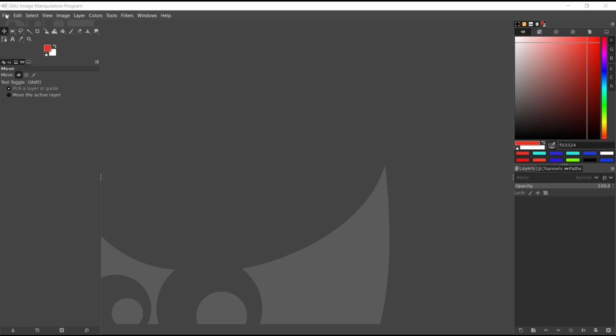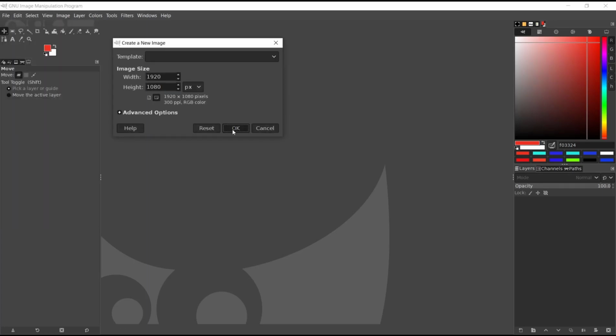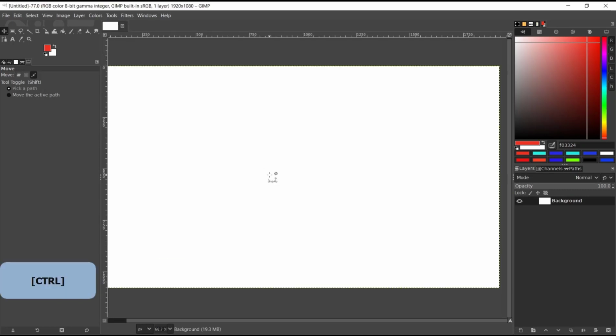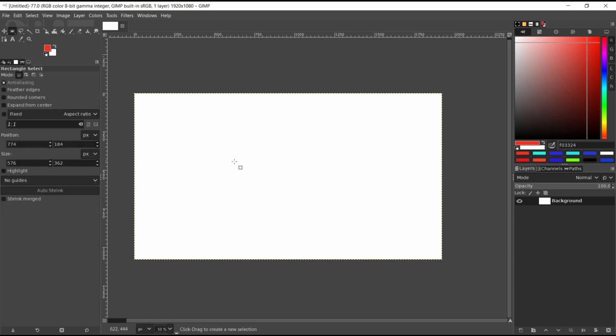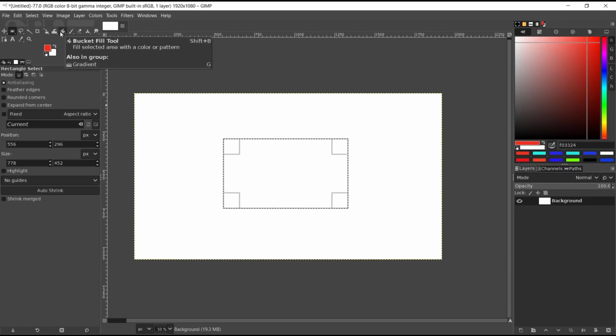Okay, here I will create a new file and, as an example, we draw a simple shape. You can use the rectangle select. I will cut a rectangle in it. Now if you want to fill with a gradient, you can click on the bucket fill tool, click, hold and then